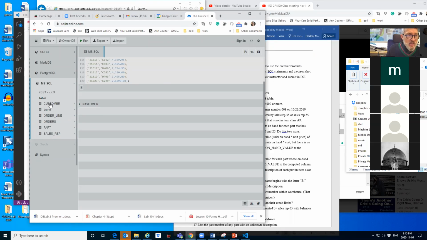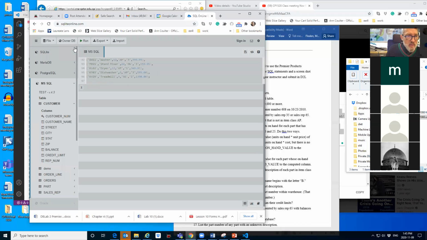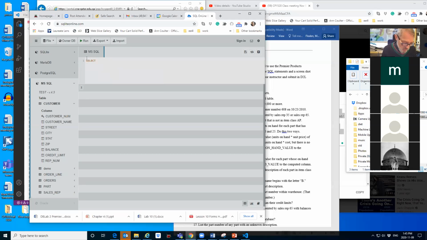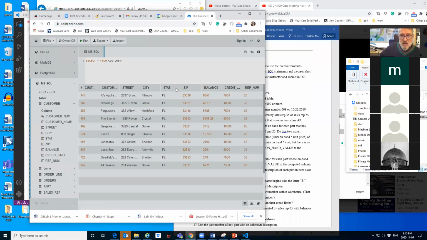We know the data is in them because we can check it. That was a lot of commands, right? So select star from customer, for example. Assuming that you can spell it properly, or you can click and copy from there. And then run it, and you see that all the data is in there. I'm not going to go through all those answers because that would be kind of